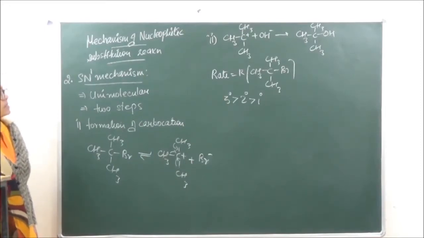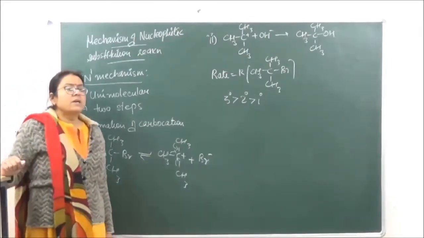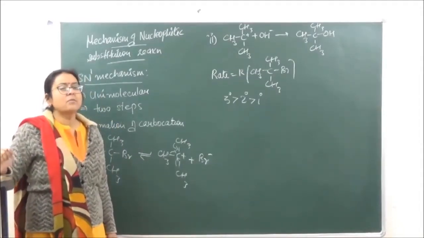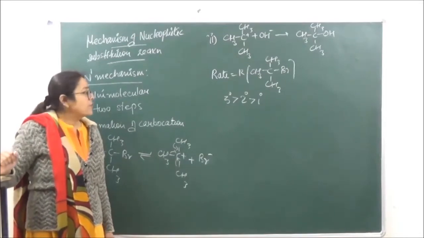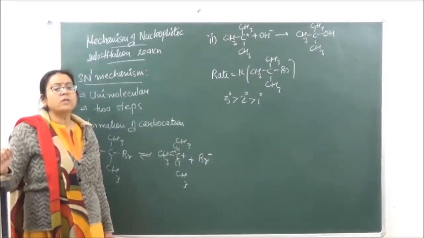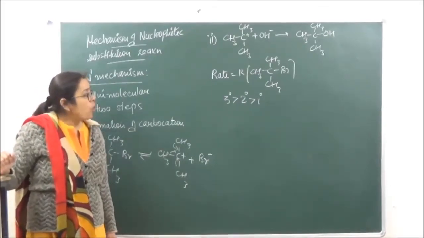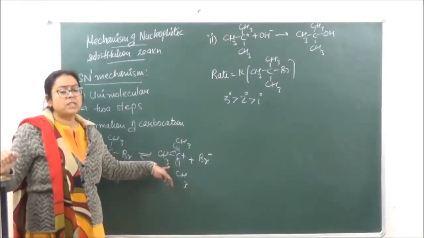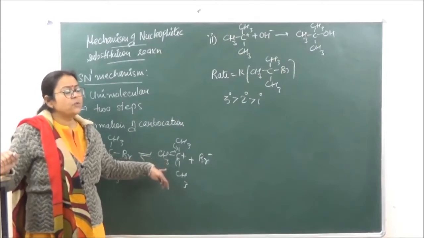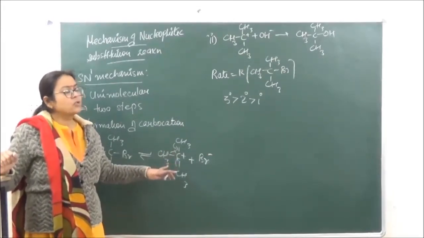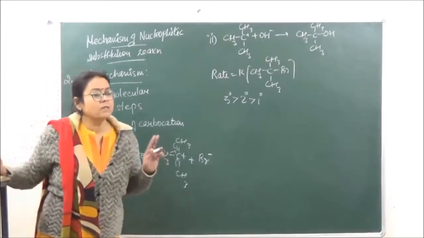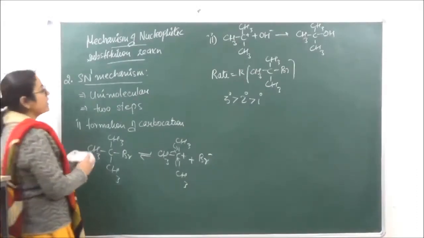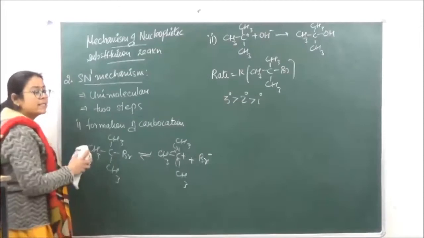Now sometimes what happens is that whenever a reaction is taking place, the product which we get is not the same as the product which is expected. That is because of rearrangement of the atoms to form a more stable carbocation. So there are two kinds of shifts which we study over here. This is again a very common question which comes in your competitions. The first one is known as hydride shift, and the second one is known as methyl shift. Okay, so let's understand what this carbocation rearrangement is, which takes place for SN1 mechanism.